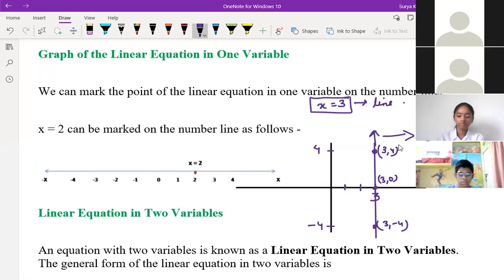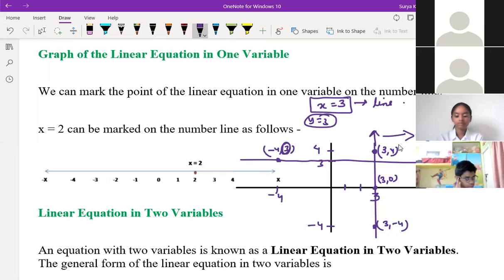If y is equal to 3, then I'll tell you. See here it is a 3. So this is parallel to the x-axis, like this. So this is the line for y is equal to 3. On this line, if you check, you will always get y is equal to 3 only. Like here is coming -4. This point becomes what? -4, 3. So here it is 3 only you are getting at the y place, right? Yes, sir. Everywhere you will get it like that only. Understood? It's clear?